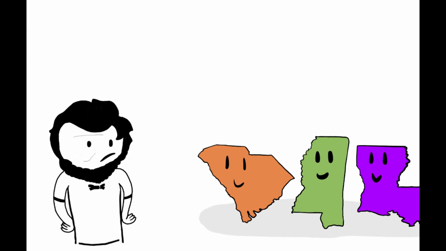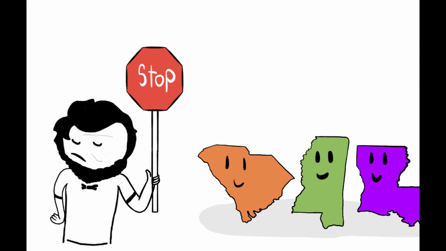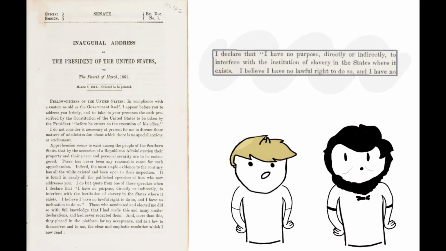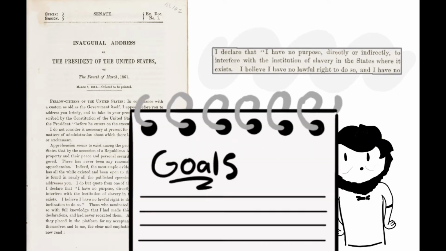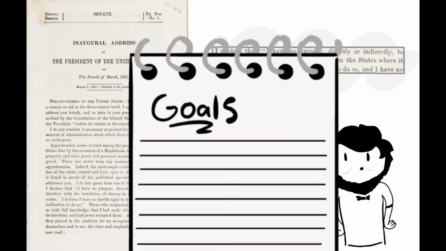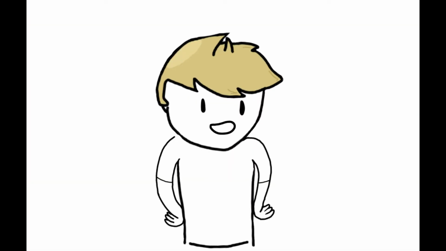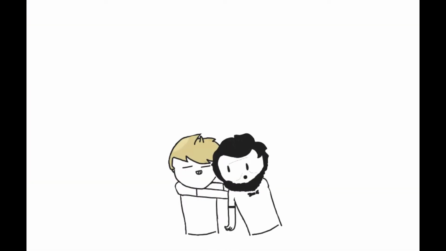While Abraham Lincoln was against the expansion of slavery into new territories, his first inaugural address stated that he didn't want to interfere with slavery where it had already existed. This reflects upon Lincoln's early goals of the Civil War, which was to simply preserve and protect the Union. This will eventually change as certain events progress, but this doesn't come until later.